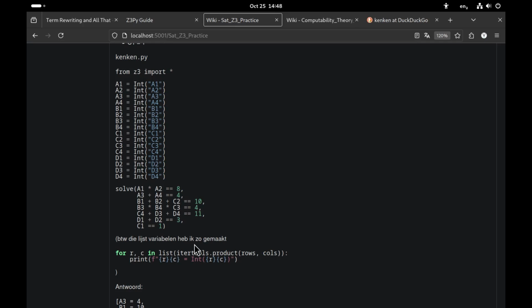So I introduced all of these variables, which I think you can probably do in a better way, right? It's my first time using this, so if you have suggestions of how to do this in a proper way, please tell me. I would be happy to hear about it. But it's just my first attempt. So I did this. They're all integers. And then all of the constraints, I just straight up put them in like that, which seemed like the most